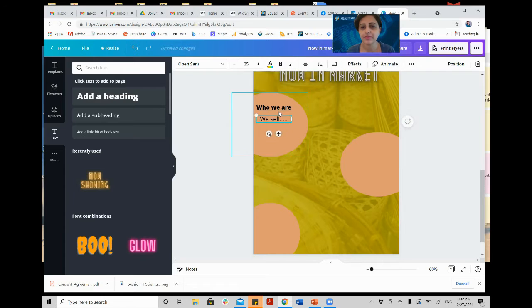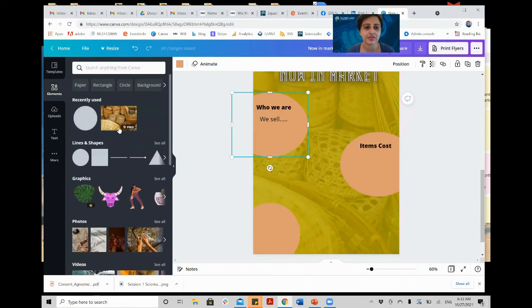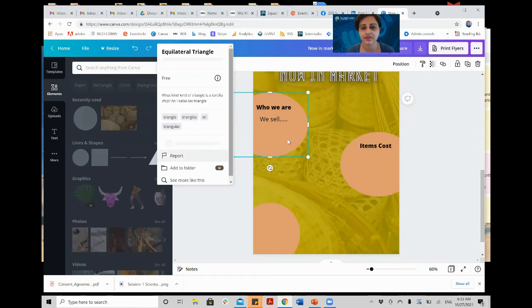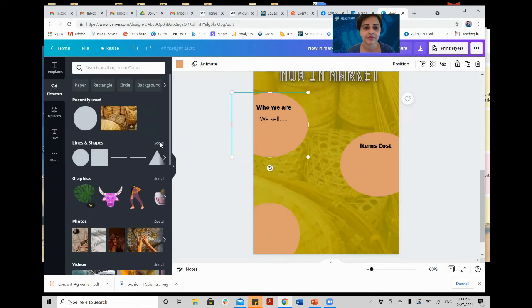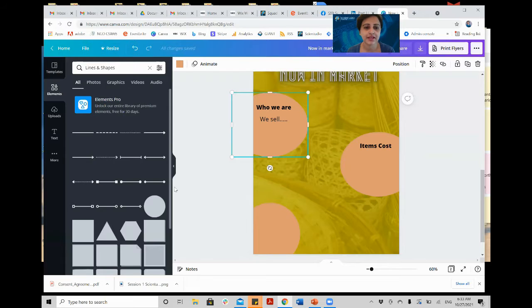Now you can copy paste the same text to the other side, and you can give it another heading. You can even write the cost or the price, all items' price, how much you are selling, or how much it is on sale. If it is going to be on sale, you can have one more element. For example, we can add this one. Sorry, we can choose any element from here.